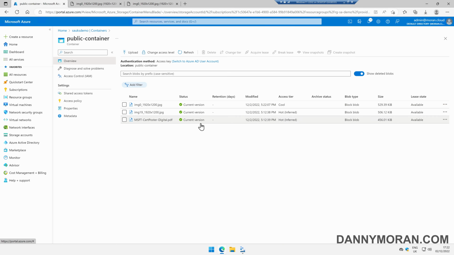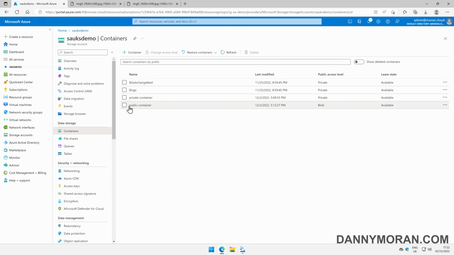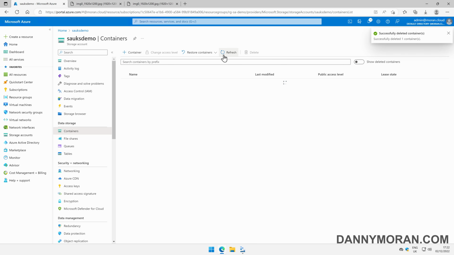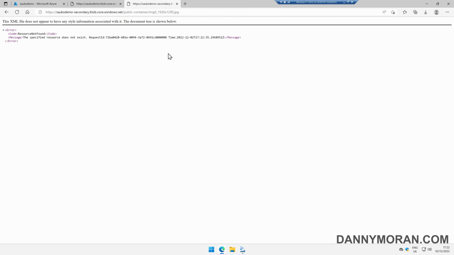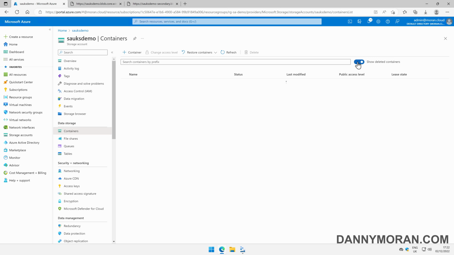This isn't just the case on individual files. If you accidentally delete a storage container, so if I delete this entire storage container because I wasn't paying attention, I was meant to delete another one, that's now gone. After a couple of seconds, the files will also then stop resolving because they no longer exist. I can then tick show deleted containers,